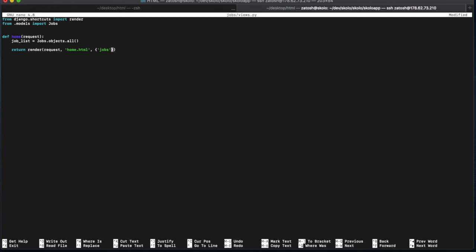All right, and jobs is equal to job list. So let me just relook at my code again, make sure I've typed it properly. Okay, so I've collected the job list, and I've first of all imported from the models file the jobs class, or the jobs model, and then from the jobs model I'm going to call objects.all. Okay, and then it's going to get me everything that's inside that jobs database,